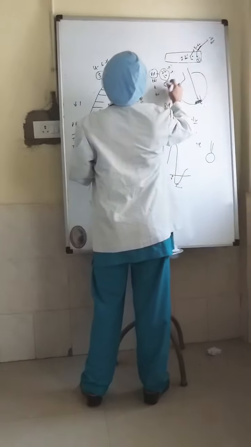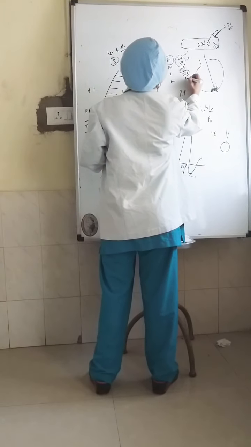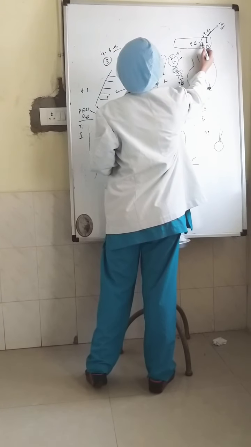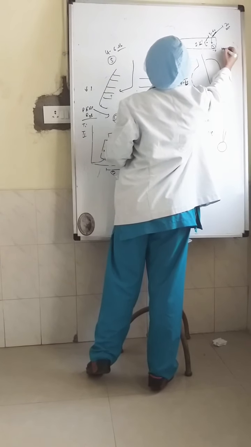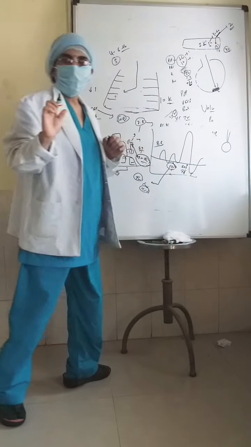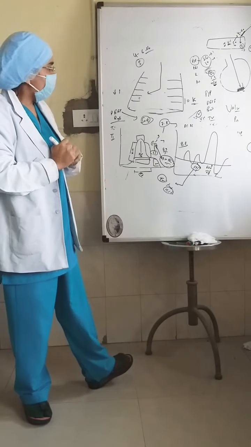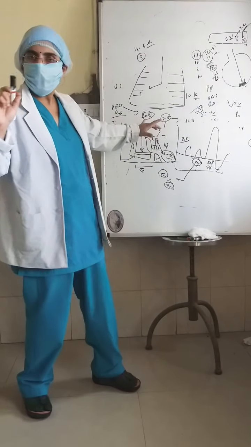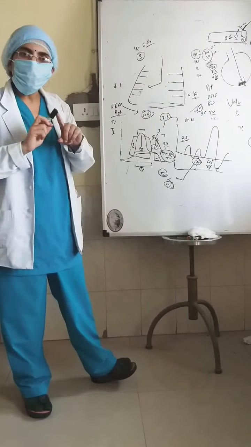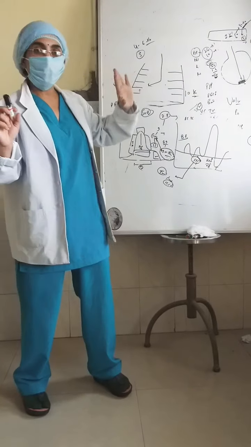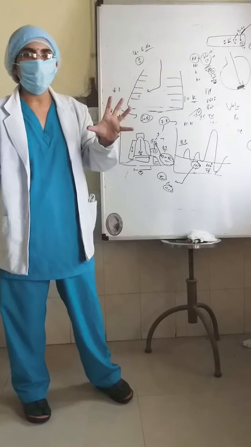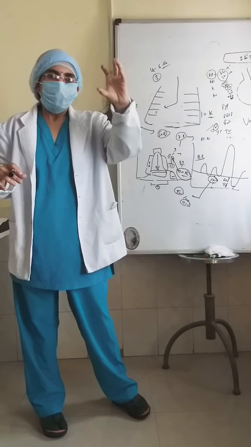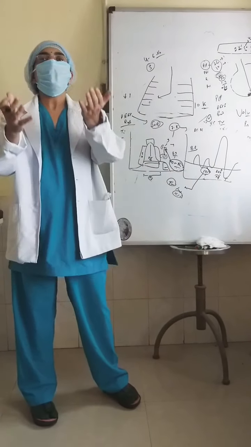So if at 50, with 1:2 IE ratio initially, I see the tidal volume has gone to 40 ml, which is okay. Since I have chosen pressure control mode and I have paralyzed the patient, there will no longer be much variation of tidal volume because the patient is not breathing. Whatever breath the ventilator is giving, that is giving me the overall measured tidal volume.